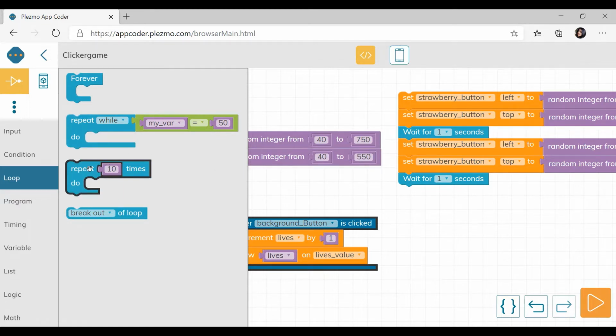And the next is repeat 10 times. That means a particular number of times it will repeat. It can be 5, it can be 4. You can edit the number of times you want those blocks to be repeated, okay. And break out of loop means if you want that instruction to come out of that loop, you will use that block, okay. So we will use this repeat instruction